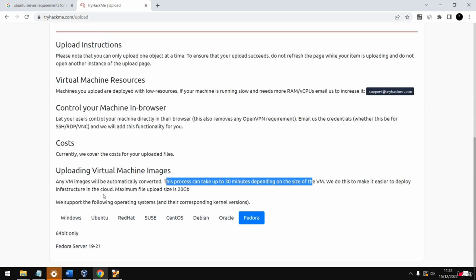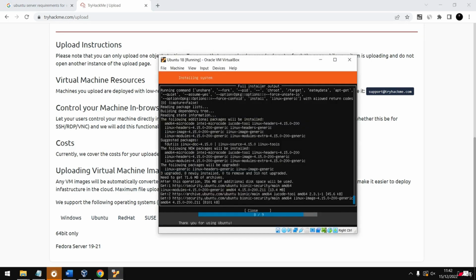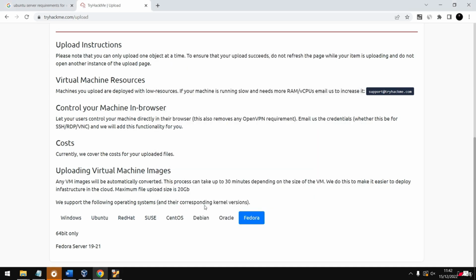We do this to make infrastructure cloud easier. The maximum file upload size is going to be 20 GB. We'll talk about this later, but about 30 GB in the sense that after installing this, the file is going to be very small. The operating system is going to be 2 GB or something, not even 2 GB, more like 1 GB. After installing files and cache and everything, it's going to increase. So the maximum file size is 20 GB, but if you want to upload a larger version, you can contact